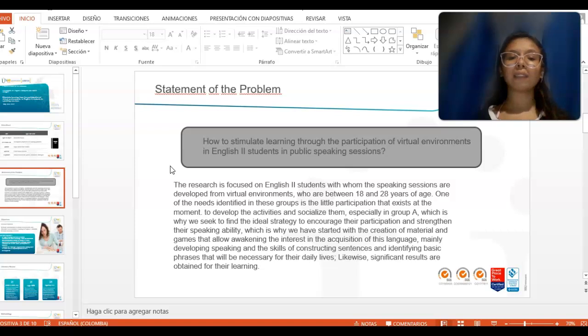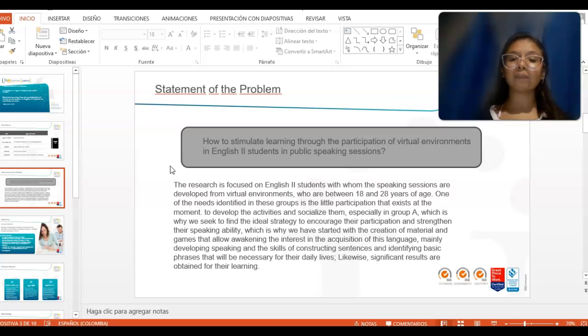One of the needs identified in these groups is the little participation that exists at the moment of developing the activities and socializing them.